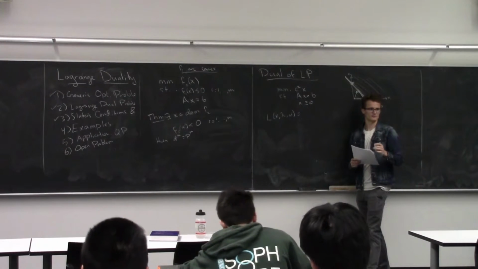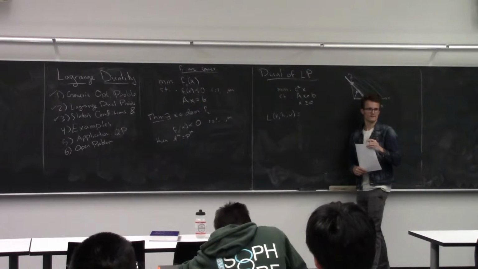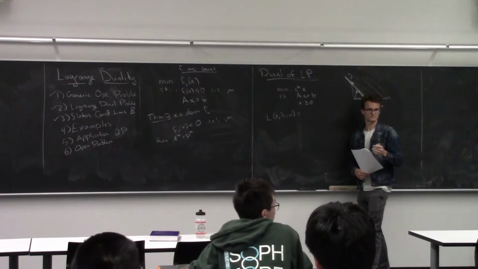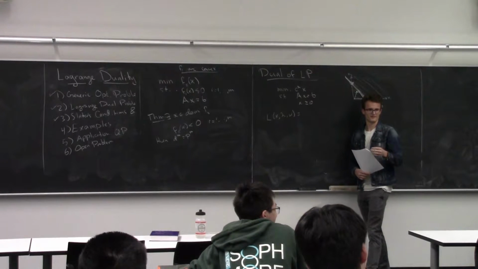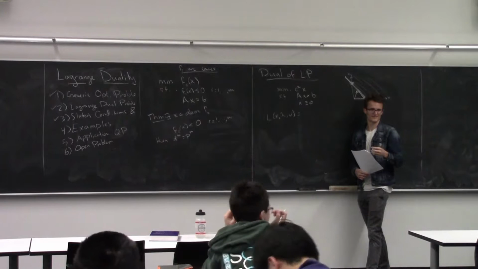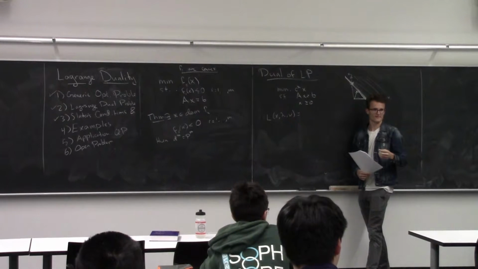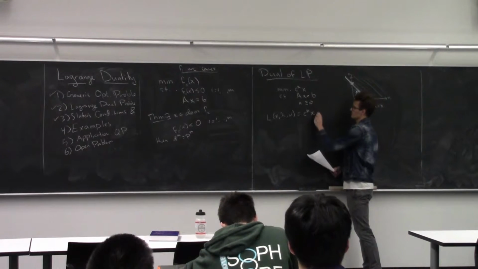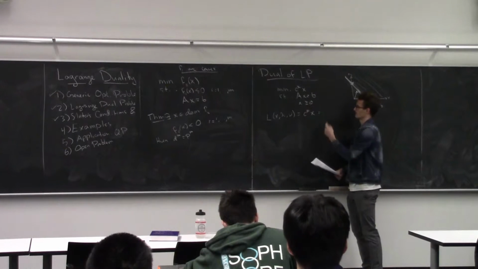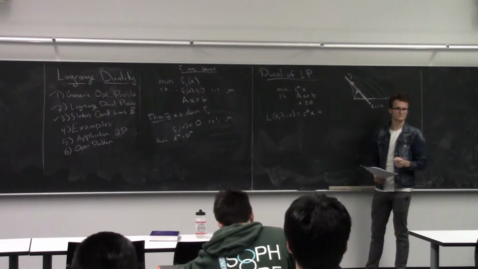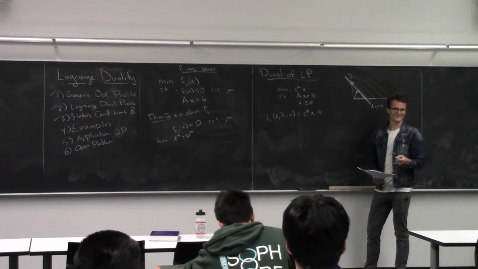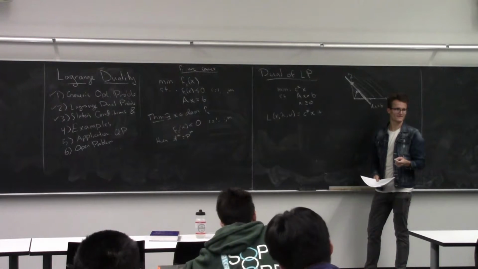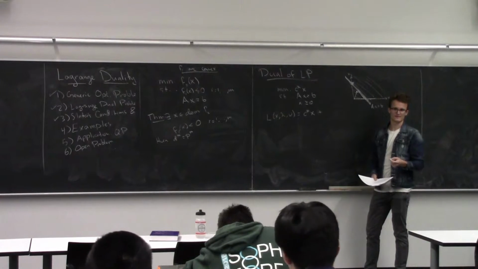Can someone tell me what it is? Just write it down for what we've been doing. Anyone? Were you going to say something? I think you said the right thing. Yeah, follow that. Which is what in this case? c transpose x. Nice, okay. All right. And then what would I do for, say, this inequality constraint? Anyone? Could be you. All right, well,